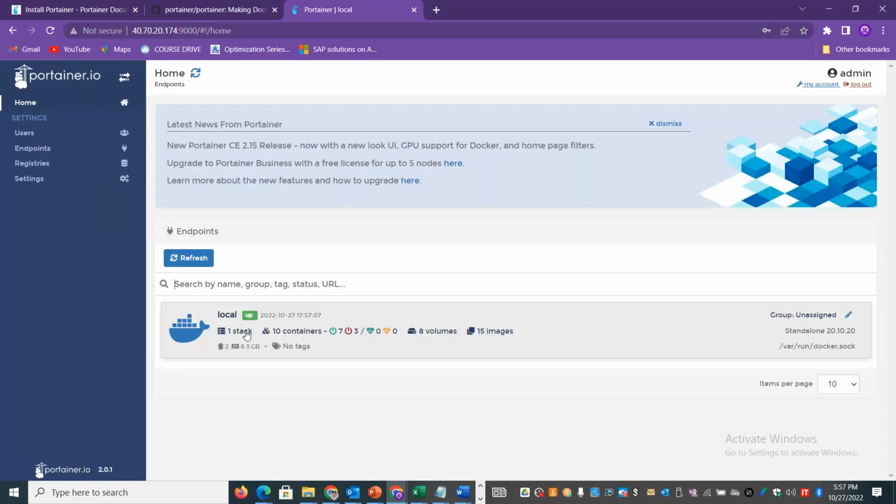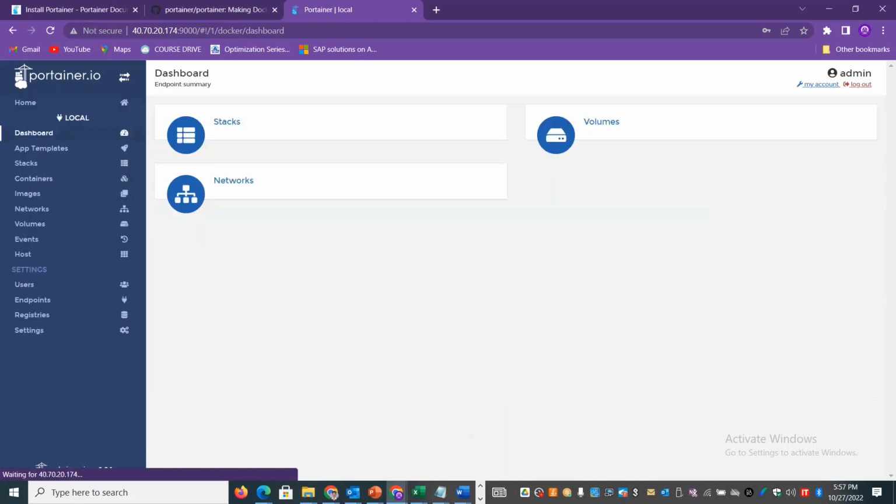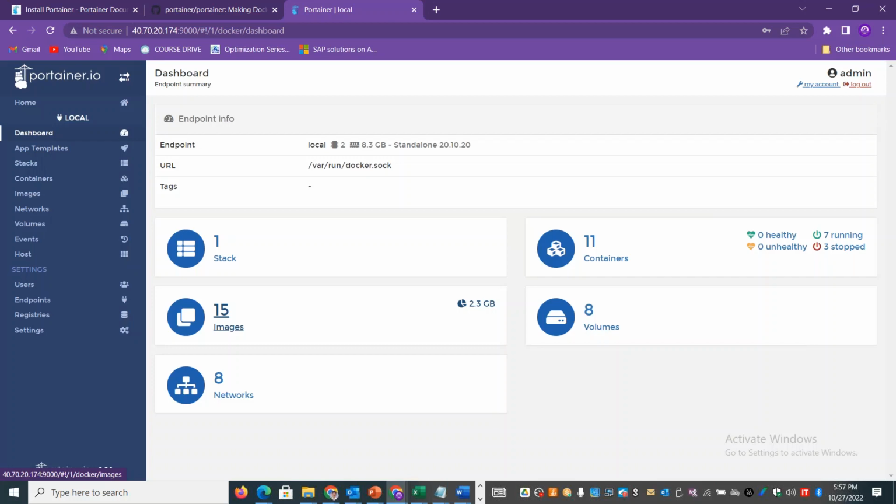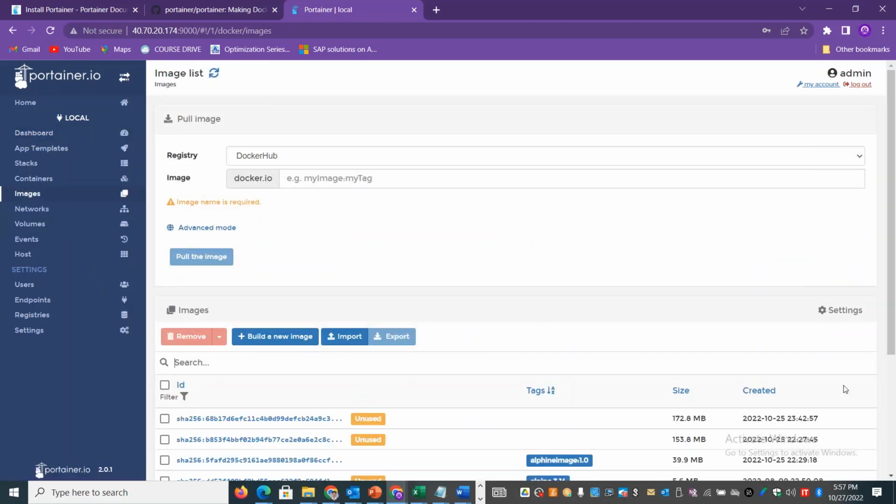Okay, so it shows me that there is a local Docker engine running on the machine I'm connected to now, and this is a standalone. I'll be sharing how to manage the Kubernetes environment in the next session. So I'm just connecting to the local Docker engine here. And if you look at here, it says that there is a stack in this particular machine. There are 11 containers and 15 images and 8 different volumes, 8 different networks, and I'm using 2.3 GB of